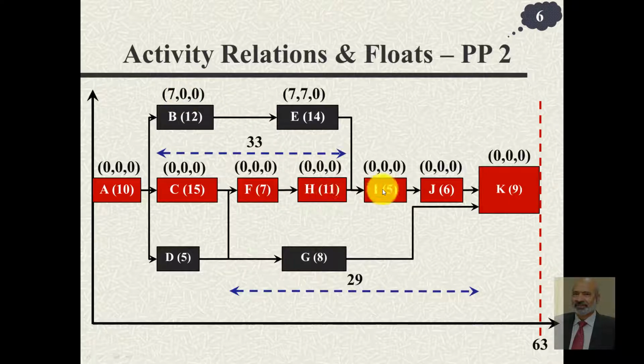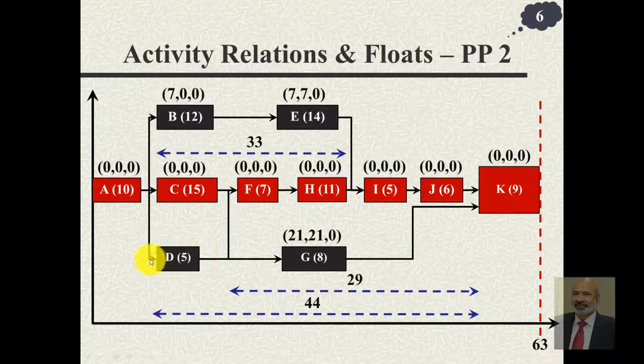Now path F, H, I, J, the sum of these durations is 29, and in this time frame in which F, H, I and J are performed, activity G also has to be performed, but it would take only 8 days. So out of 29, it requires only 8 days, and so its total float is 21. Since its successor K is on the critical path, its free float is 21, and its independent float is 0 because if we want the preceding activity D to avail delay, then this activity cannot be delayed.